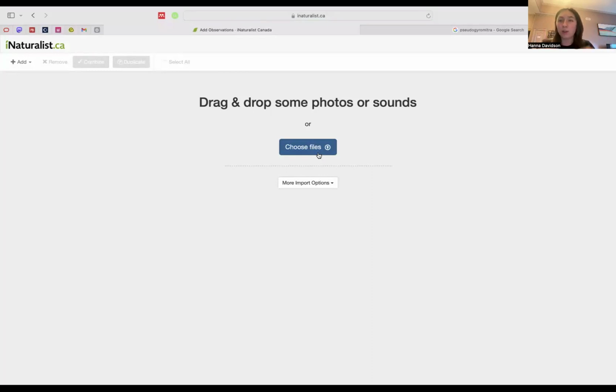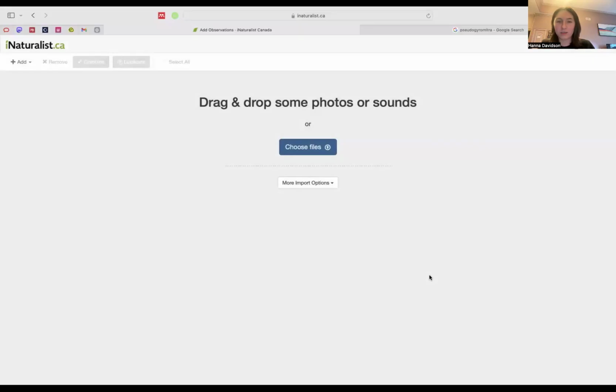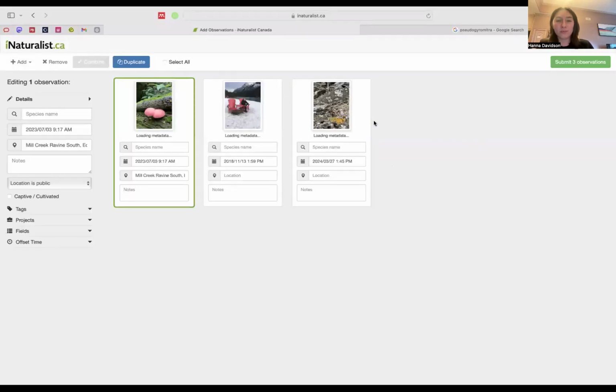And like you said, that can be really helpful, especially let's say you have a picture of it in the ground and then you pick it and you have more details. Those are all good. And I could choose as many of these as I wanted. I could pick this and this, none of them match, but I can upload all of them. And here it's going to make them all separate. So you could do a bulk upload from your camera, or you can go in and add more to each specific one, which is usually easier to do on the app, but that's just my personal preference. So there are lots of ways to make this easier for you.